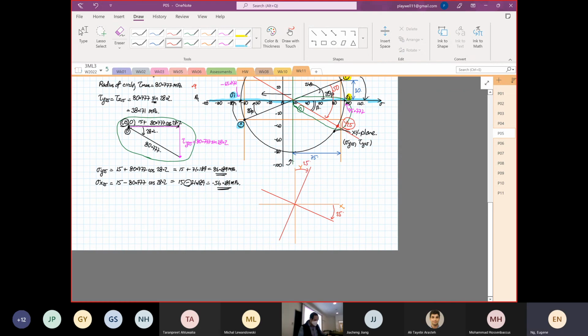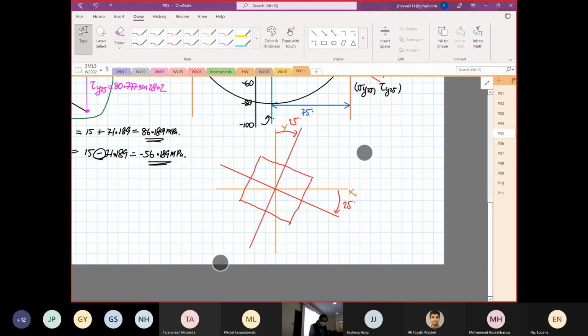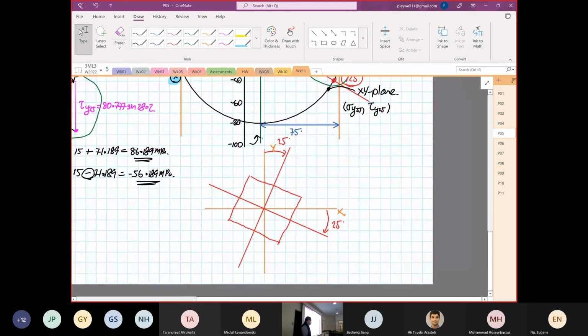Then like what we've done before, we draw our element. Then like before, we call this our Y line, and this is our X line. So we know this point